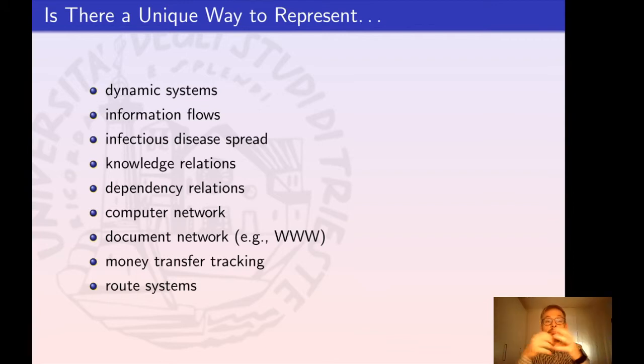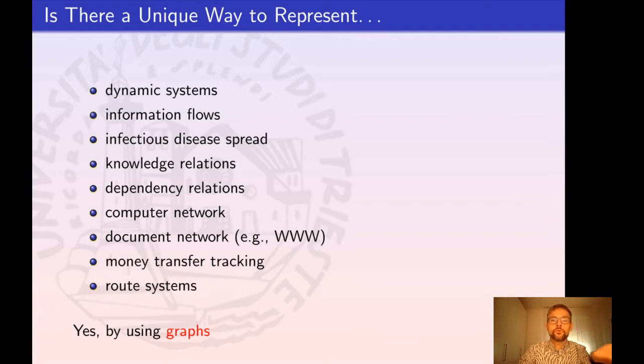So this kind of dependency relation can be represented by something, and this something is exactly the same thing you can use to represent dynamical systems or document networks, such as the World Wide Web, or routing systems, or all the things you can see on these slides. All of these can be represented by using graphs. Okay,